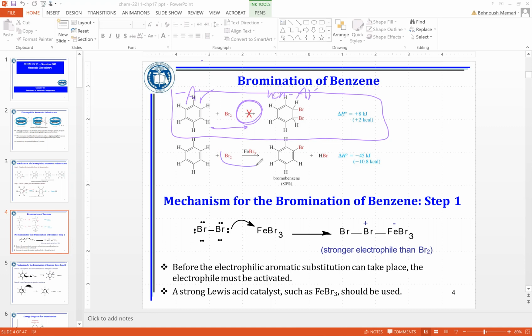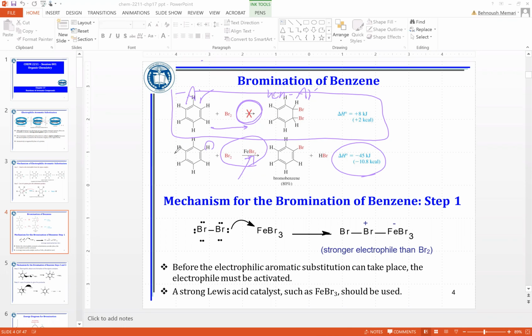But if you are using this combination of Br2 with the proper catalyst, a substitution reaction would take place, and hydrogen is replaced by Br. This reaction is an exothermic reaction. An exothermic reaction usually is more favored or more spontaneous, based on the thermodynamic values. It could happen. Now, the general reactions for bromination, chlorination, iodination, sulfonation, nitration that you are going to learn,